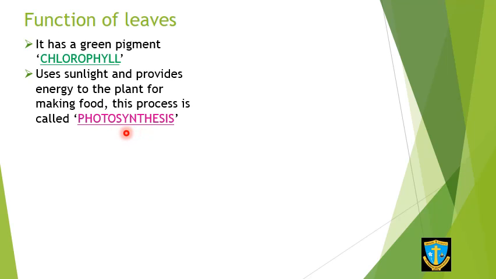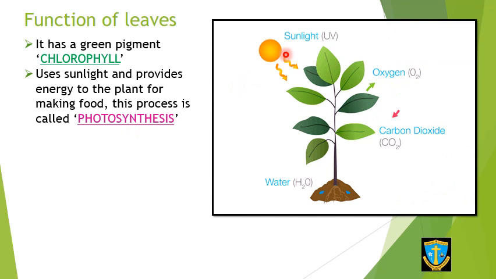Photosynthesis is an important process in case of plants. And all plants prepare their own food using simple ingredients. That is the sunlight, chlorophyll which is already present, and the carbon dioxide, also water and minerals. So all these three things are very important. The plant takes in carbon dioxide, takes water from the roots and the sunlight through the leaves, prepares their own